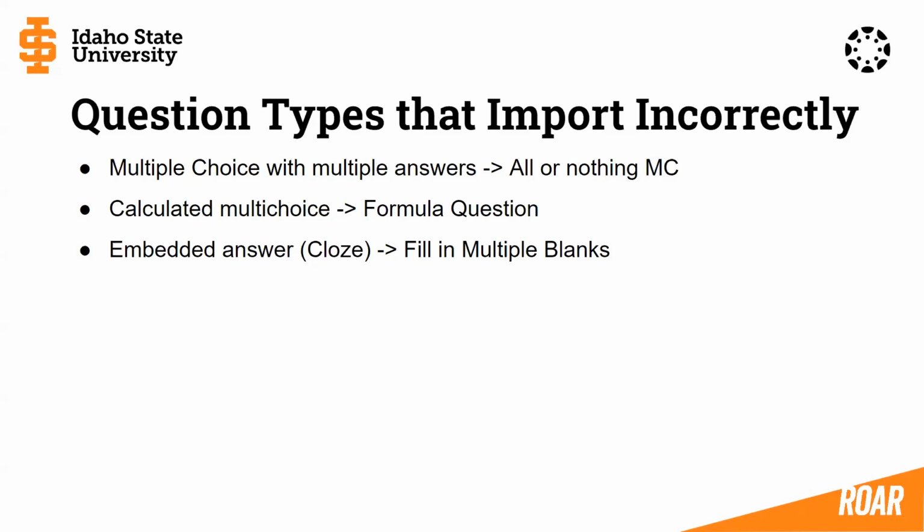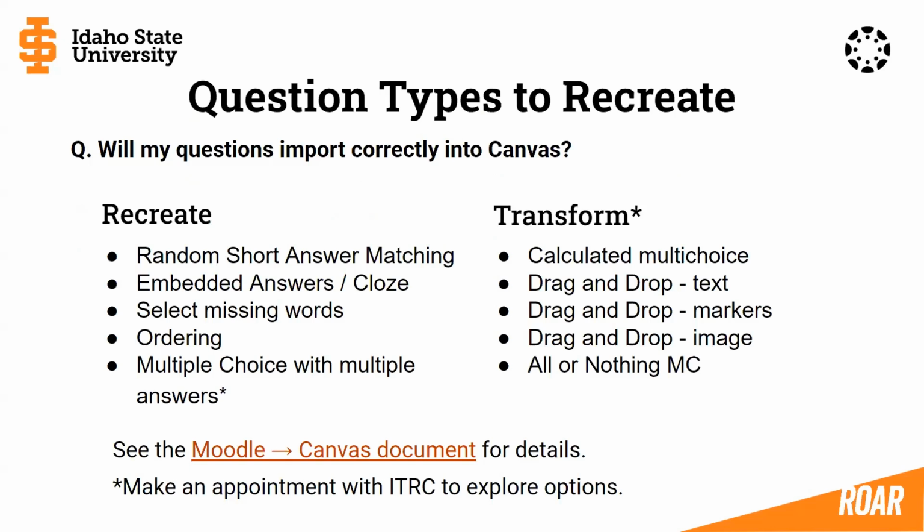And then embedded answer cloze becomes fill in multiple blanks, but cloze has a lot of different question types and they all become fill in multiple blanks. So this one, in the end, you'll want to do something different. So random short answer matching, embedded answer cloze, selected missing words, ordering, and multiple choice with multiple answers will all need to be recreated